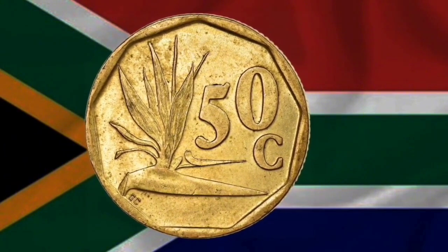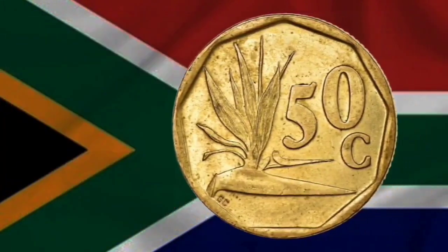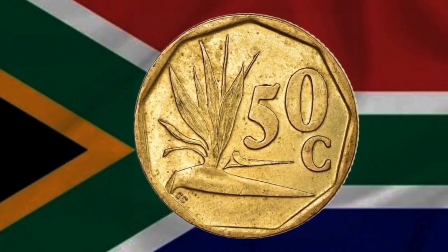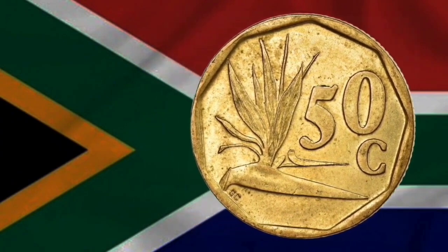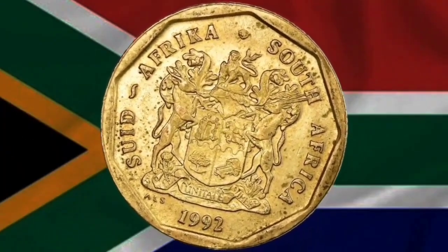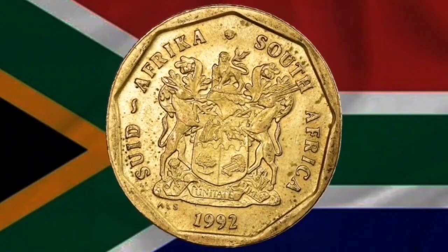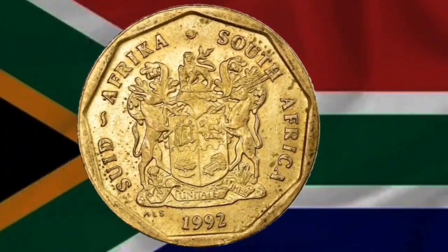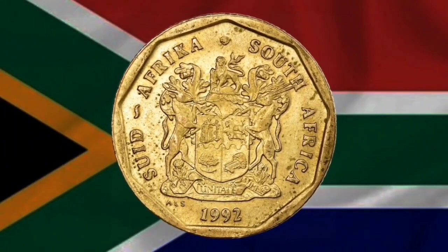A few coins from 1992 were reportedly misstruck or had slight variations in design. Such errors are incredibly rare and can multiply the coin's worth significantly. If you believe you own one of these, it's worth having it inspected by a numismatic expert. Collectors from around the world, especially in Europe and North America, have shown great interest in this coin over the past decade. The increase in demand has led to a surge in online auctions, coin fairs, and even dedicated forums